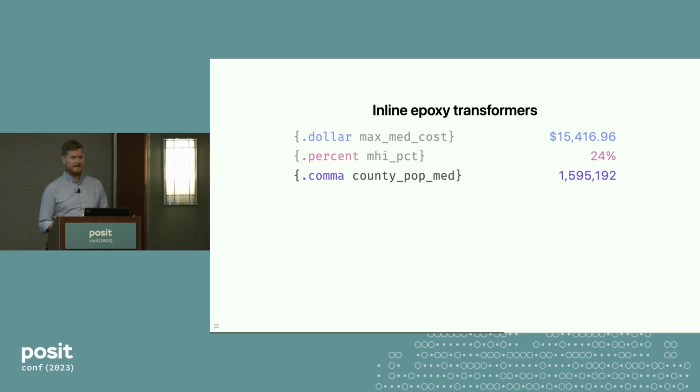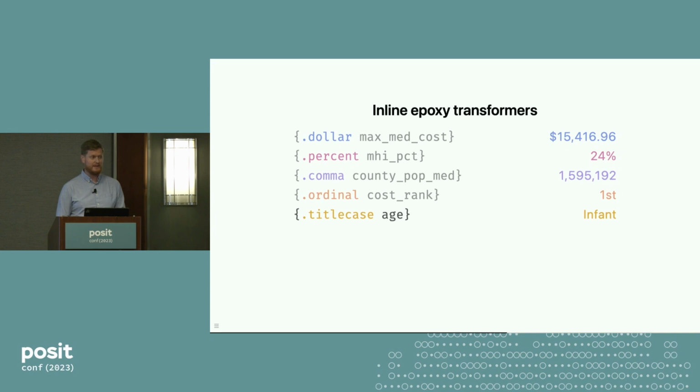You can also use it for text. Oh wait, no, there's one more number thing, and that is an ordinal. So this is something like saying first, second, third, fourth, etc. And then it's not just for numbers, it's also for text, which is pretty cool. That you can do things like take a character string and say, I want this to be formatted in title case. You could take a string and say, I would like it to be bold. You could take another string and say, I'd like this to be italic.